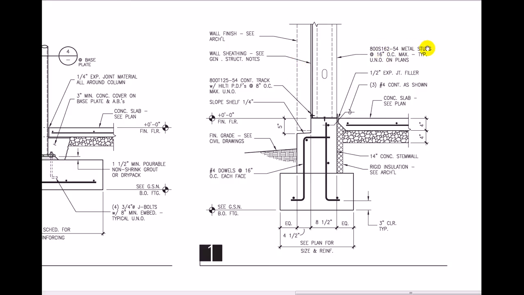And then here's the indication of the metal studs. 800S162-54 just talks about the size of the stud. It's an 8-inch stud, the 1.62-inch flange on it, and then that has to do with the gauge of the stud. We space them 16-inch on center, unless otherwise noted. And this tells us a little track to put down,